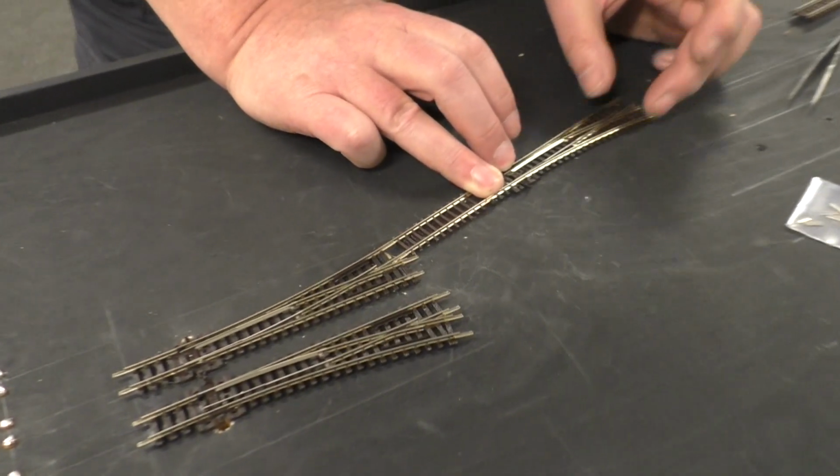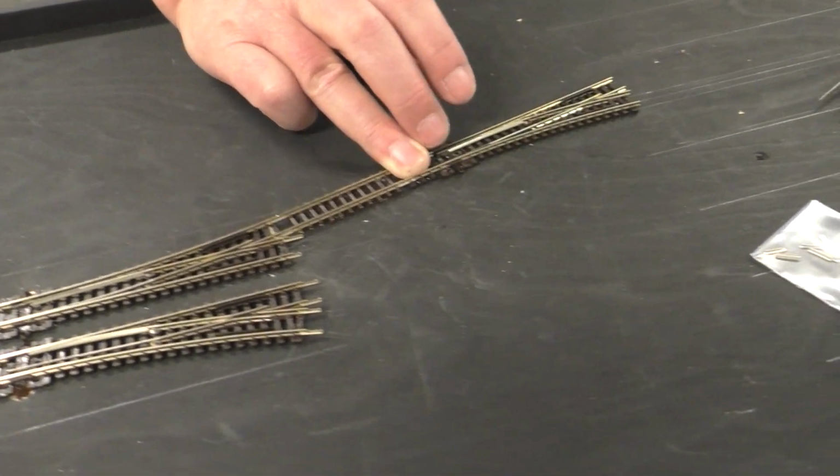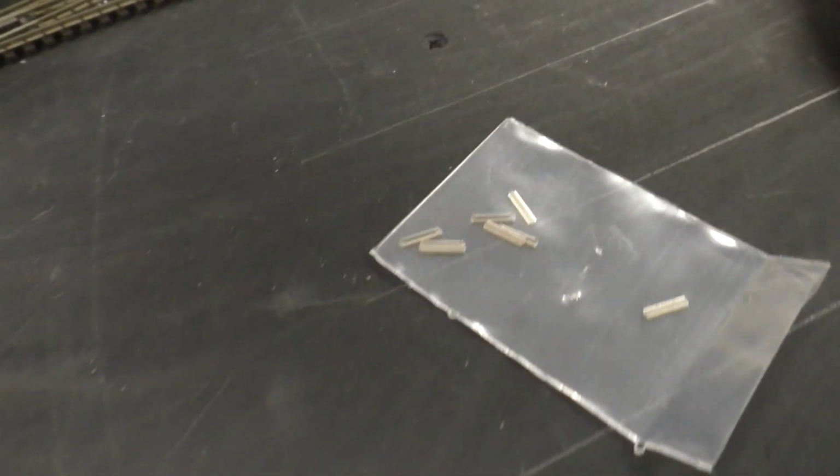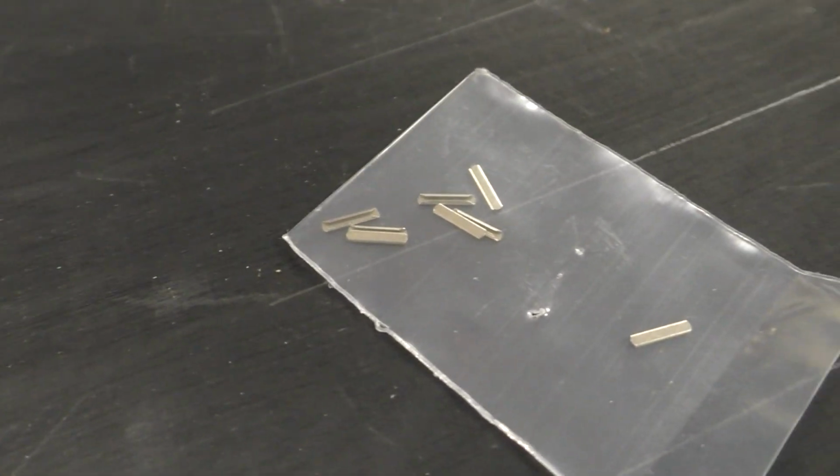It's surprising how quick you get. Yeah, now I've done this bit, I can remember how long the bits of track are and things, and it will be, if I make a note